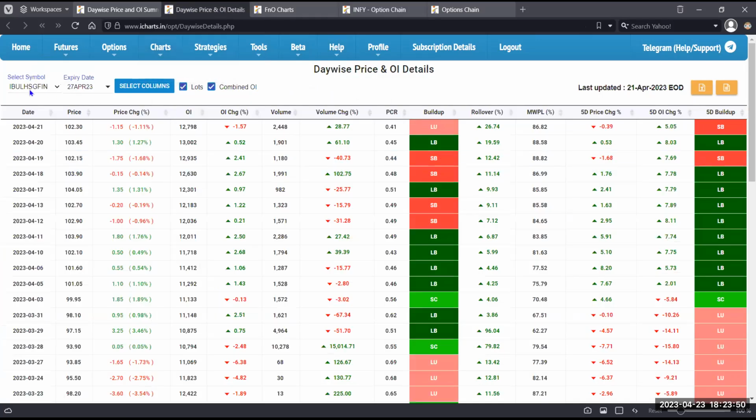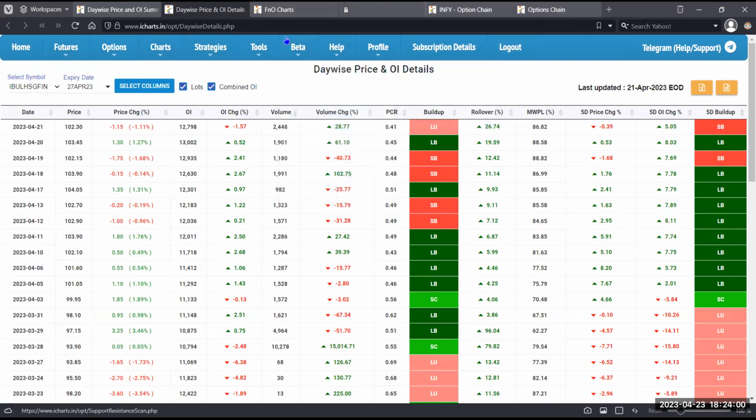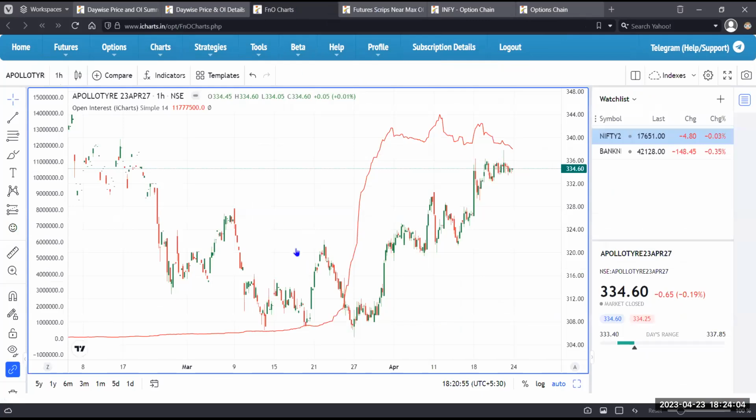Cool. Okay. And how to use the support and the resistance, sir? Support resistance scan. Yeah, support resistance is... Well, somebody had asked about this chart. This is charts, F&O charts trading. These are our TradingView charts. You can go there and